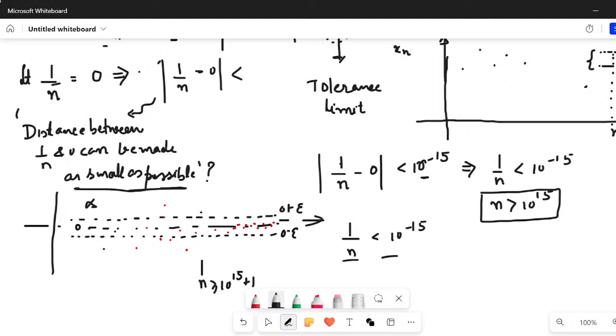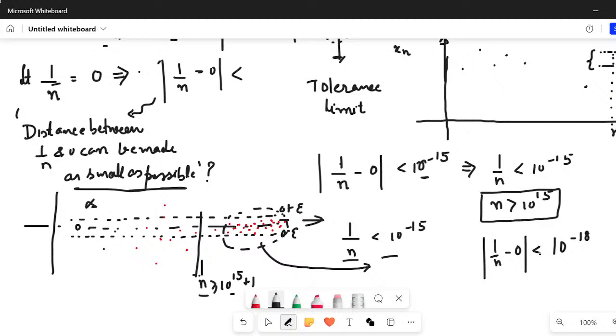Okay, now all the elements of the sequence after n greater than 10 की power 15 plus 1 are lying in this particular width. So I will say that my sequence is convergent. और ऐसा कब होगा? For every given epsilon. ऐसा जरूरी नहीं है, ये तो मैंने कहा था. Let's say कोई और आता है और कहता है कि अच्छा ठीक है, क्या आप 10 की पावर -18 से छोटा कर सकते हैं डिफरेंस? तो मैं कहूंगा हाँ, अमित कहेगा हाँ कर सकते हैं, प्रोवाइडेड n आप ले लो ग्रेटर देन 10 की पावर